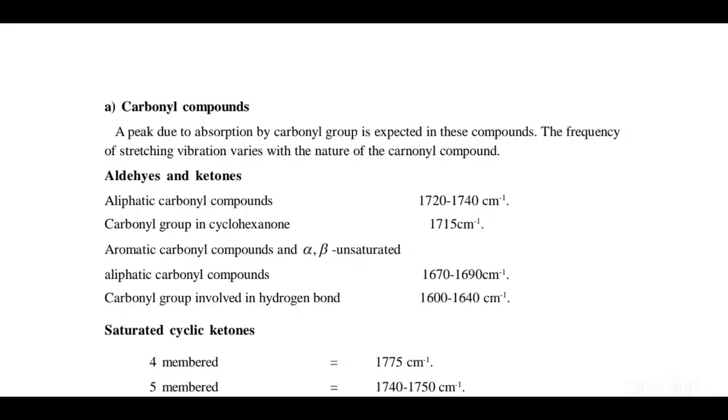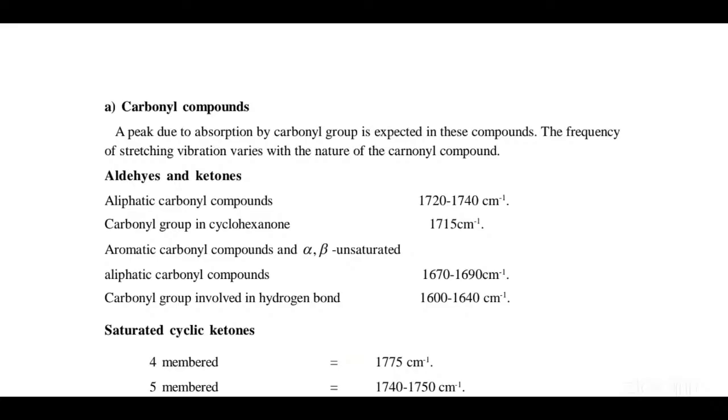1740 here. And for the carbonyl in cyclohexanone, it is 1715. And in the aromatic compounds and alpha beta unsaturated aliphatic carbonyl compounds, right here, the aromatic carbonyl and alpha beta unsaturated, it is 1670 to 1690. The normal aliphatic carbonyl compound is 1720 to 1740 here, and aromatic and alpha beta unsaturated carbonyl compounds,